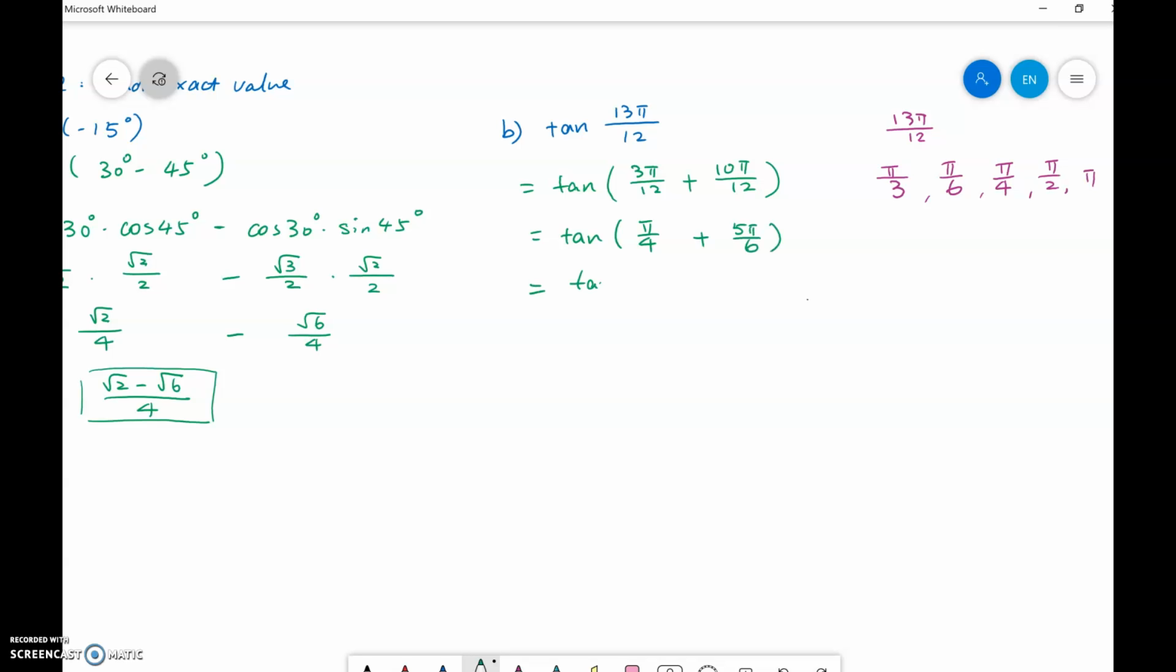Now using the formula to expand it, we have tangent of pi over 4 plus tangent of 5 pi over 6 over 1 minus tangent of pi over 4 times tangent of 5 pi over 6. Since we have 5 pi over 6, the angle is in quadrant 2, so we do need to make sure of the sign for the tangent of 5 pi over 6. So we have 1 plus negative square root 3 over